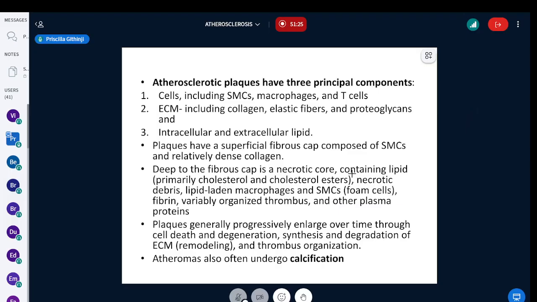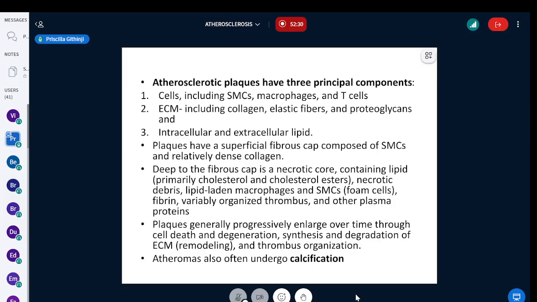So deep to the fibrous cap is a necrotic core containing lipids, primarily your cholesterol and cholesterol esters. You will see necrotic debris. These cells, as much as they're engulfing the lipids, remember all cells have a half-life. Like macrophages, they have a half-life, so they will die, and therefore you're still going to see necrotic debris. You'll see lipid-laden macrophages. You'll see your smooth muscle cells that have engulfed your lipids. You'll see fibrin. You'll see variably organized thrombus if there was a rupture that led to thrombosis, and you'll also